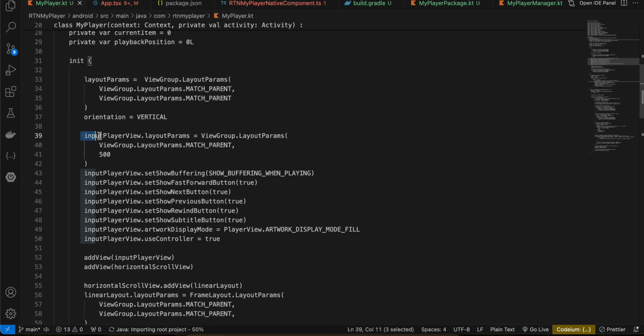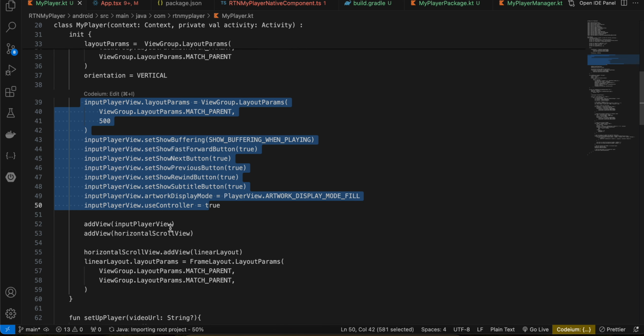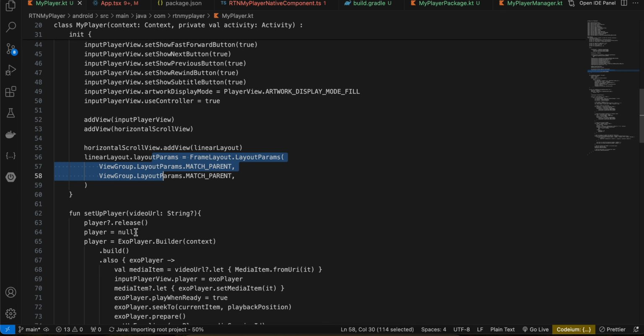Then here we are initializing our input player and setting all the buttons like the next, previous, rewind, subtitle, all that stuff. Then I have added one view to our linear layout, the input player view as well as horizontal scroll view. Then inside the horizontal scroll view I have added a child linear layout and set layout params to that as well. Then we are setting up our player. Once we get the video url, we are releasing our player if it is already playing some video,